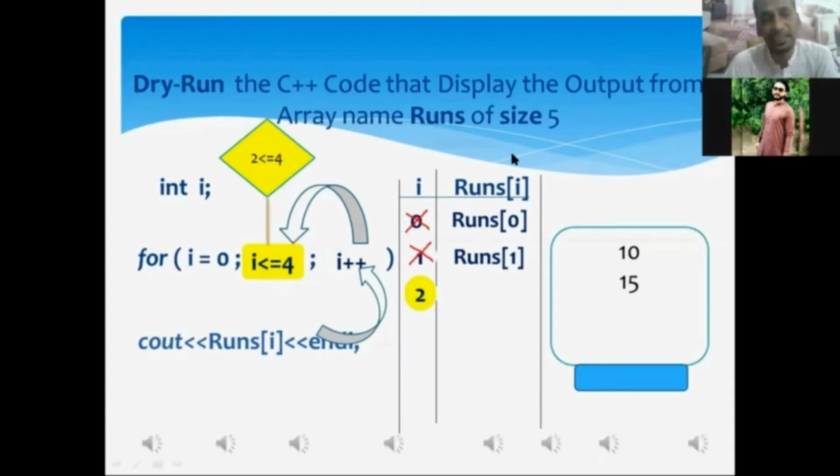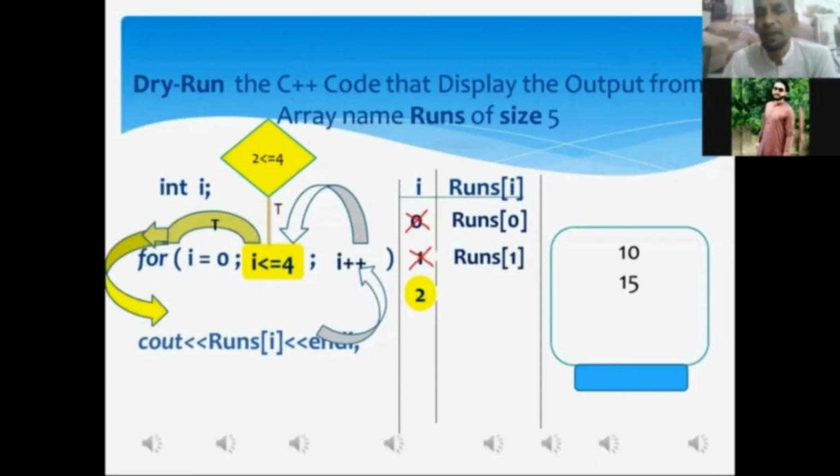Tell me, is the condition true or false? It's true, sir. Mr. Aftab, your answer is correct. When the condition within the for loop statement is true, the control of execution will be shifted to the for loop associated statement. My dear, did you get it? Getting, sir. All right.